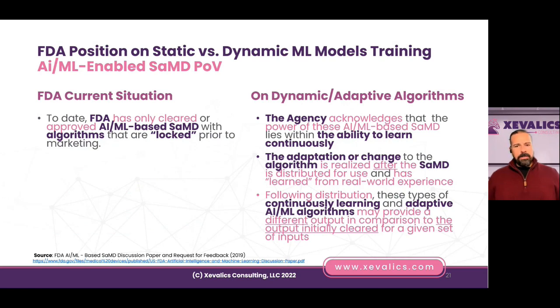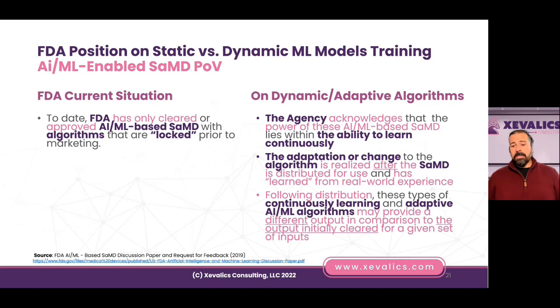So what's the FDA's current situation in this? To date, the FDA has only cleared or approved AI machine learning based software as a medical device with algorithms that are locked prior to marketing. But the agency acknowledged in terms that the power of the dynamic adaptive algorithms of this AI machine learning based